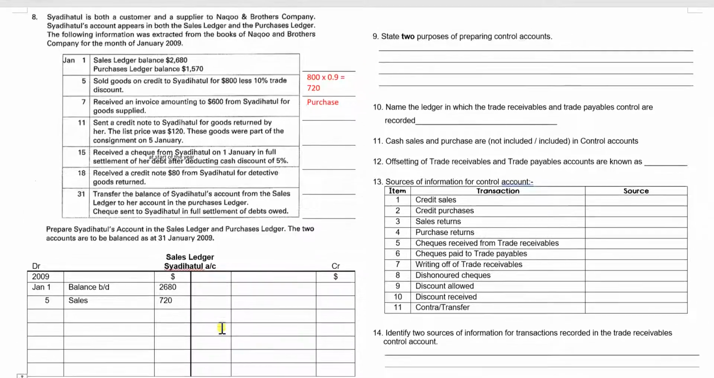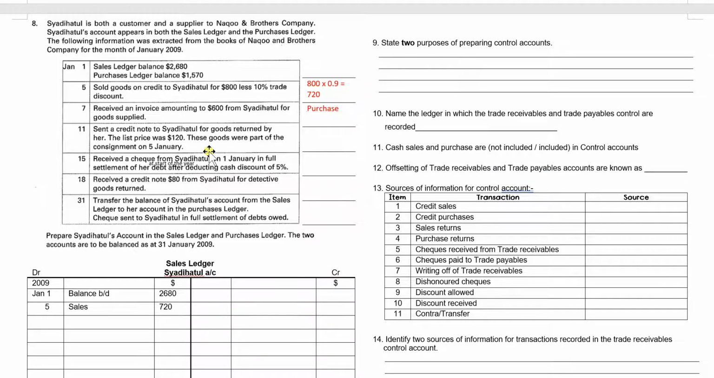7. And on the 11th, send a credit note to Shadihato for the goods returned by her. So as you can see over here, returned by her, meaning you sell to her and she returned to you. So it's called sales return, or another name is called the return inwards, returned into you. Now you take note of this one because for this one,